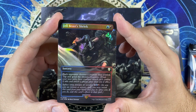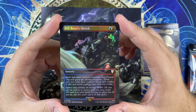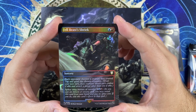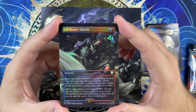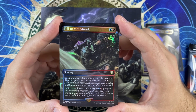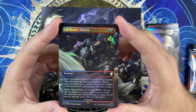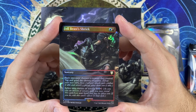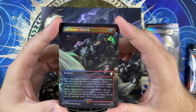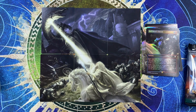Fell Beast's Shriek. Sorcery. Each opponent chooses a creature they control, tap and goad the chosen creature. Until your next turn, these creatures attack each combat if able and attack a player other than you if able. Very interesting. Splice onto instant or sorcery. As you cast an instant or sorcery spell, you may reveal this card from your hand and pay its splice cost. If you do, add this card's effect to that spell. Very, very interesting. Very mysterious